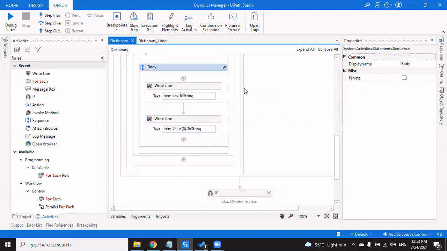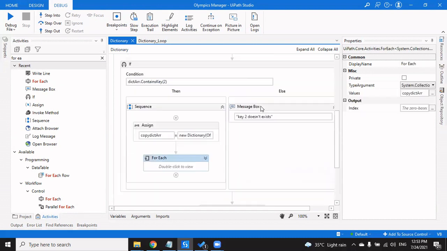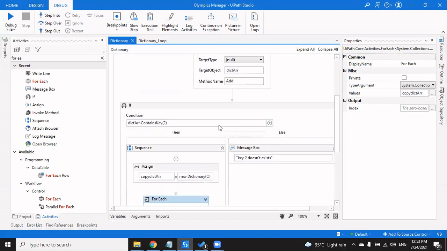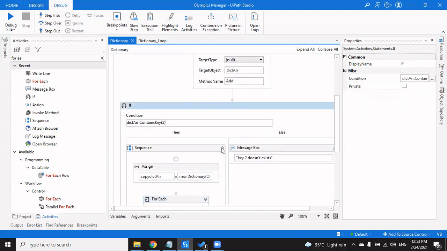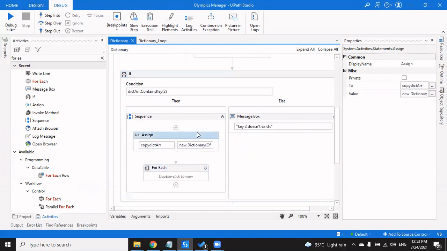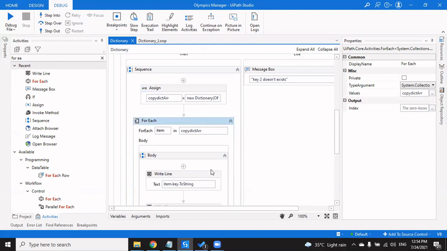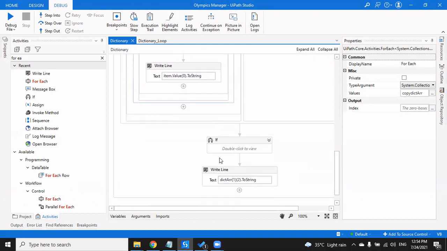Okay. So here we go. So how will the flow go? It's going to add the value to our dictionary. If it contains the key, which in our case it does, it's going to copy the dictionary to another dictionary. And then we're going to iterate over the new dictionary that has been copied and print the values.